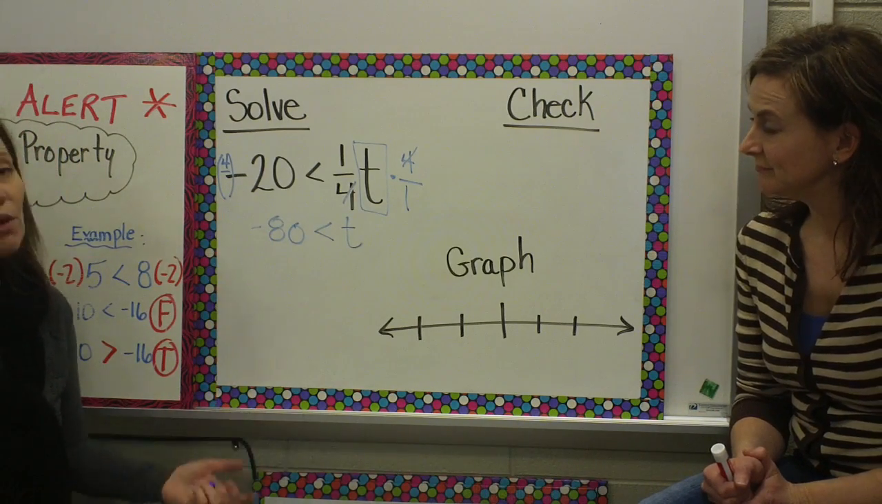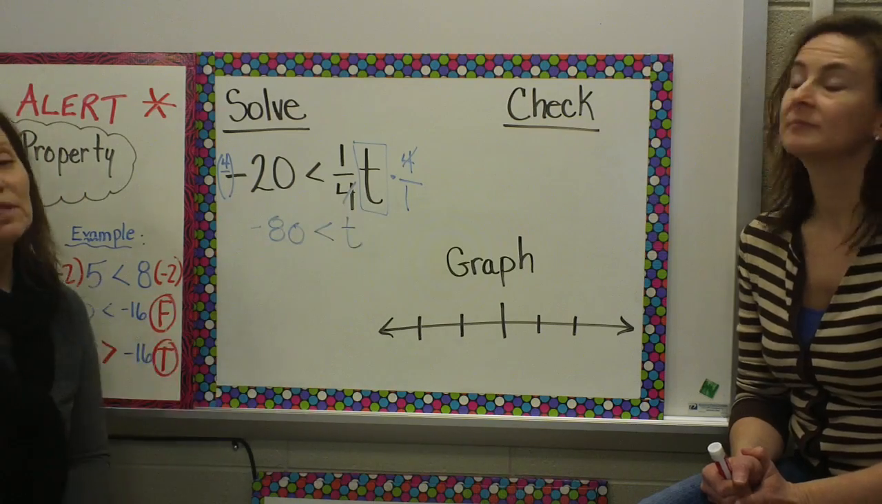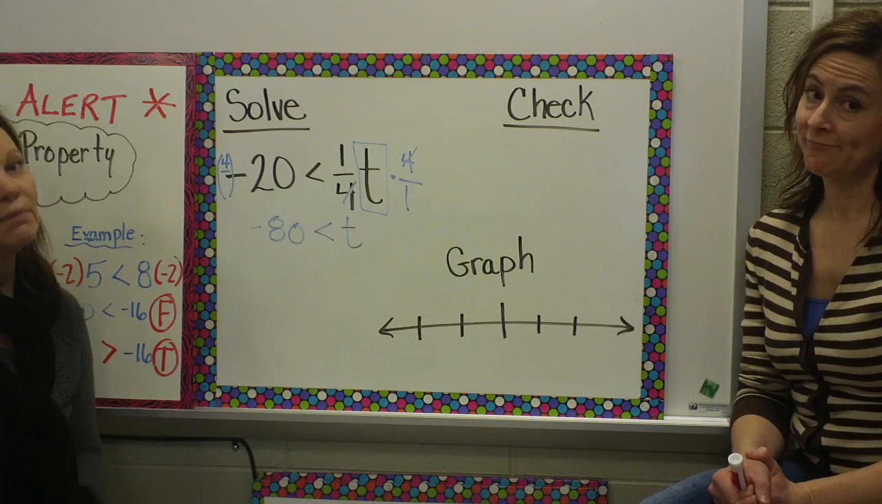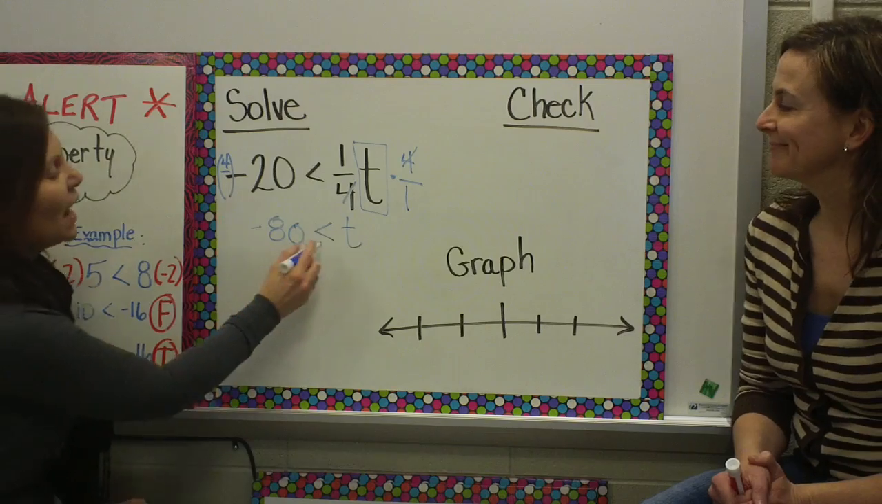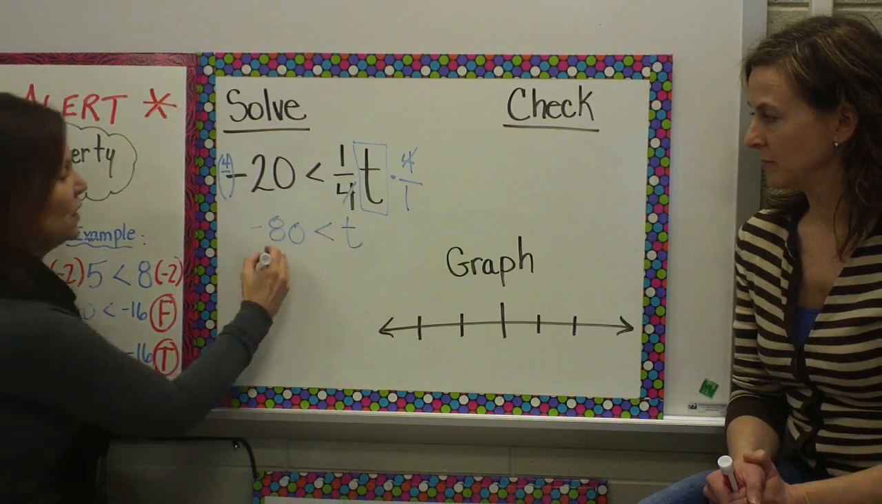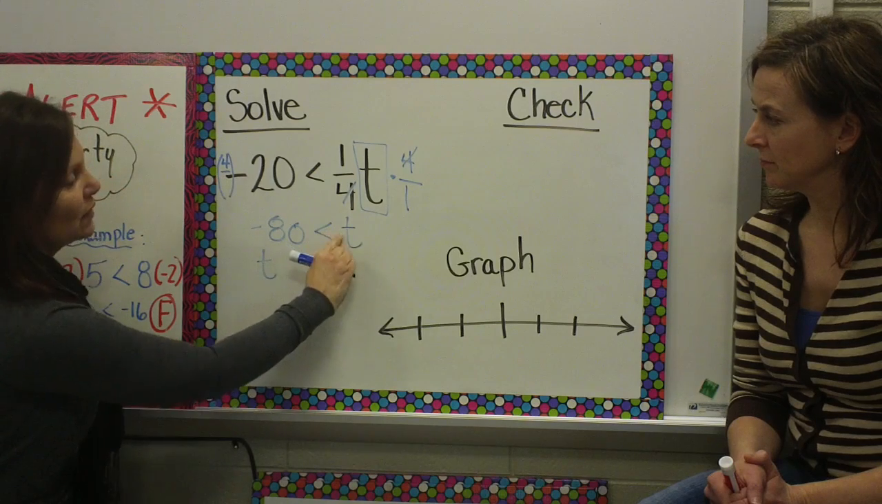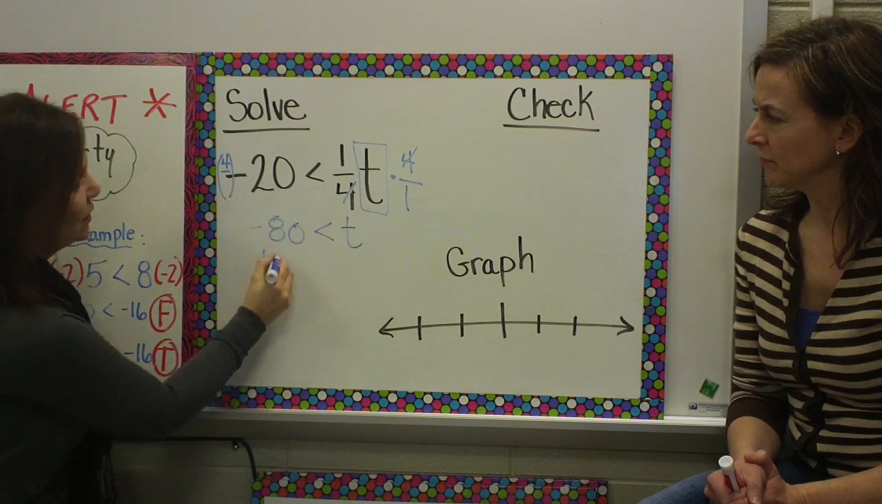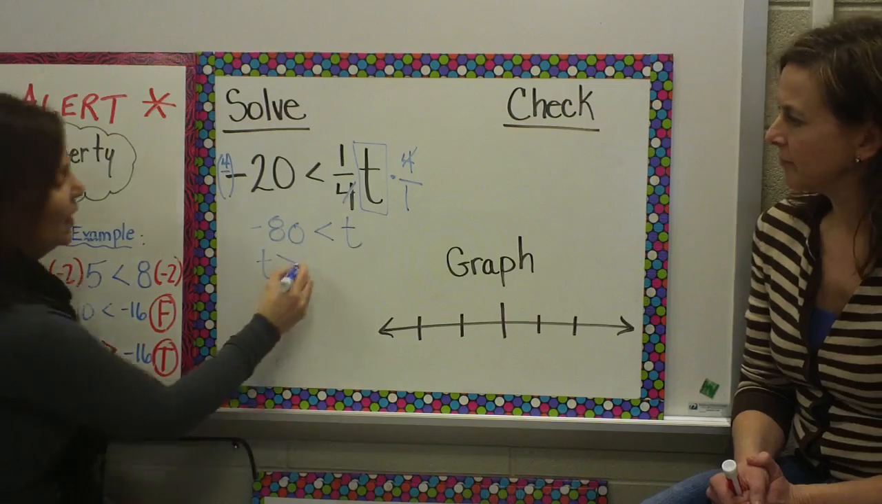Now remember, there's no red alert. I was not multiplying by a negative number this time. No silly hats. I do want to reverse my inequality symbol, so I have my variable first. So I'm going to write t. Notice the t has the greater than symbol, so I'm going to write it the same way, and then my negative